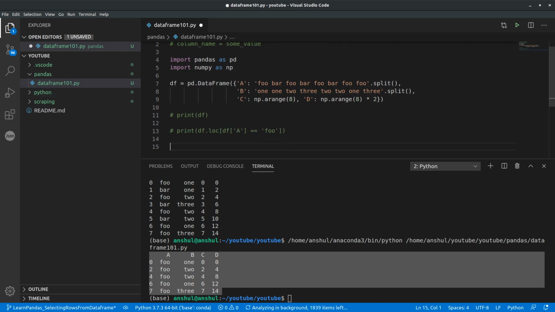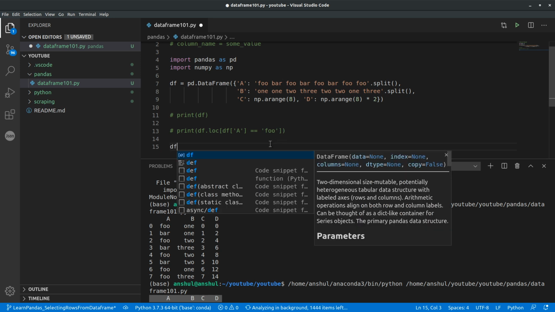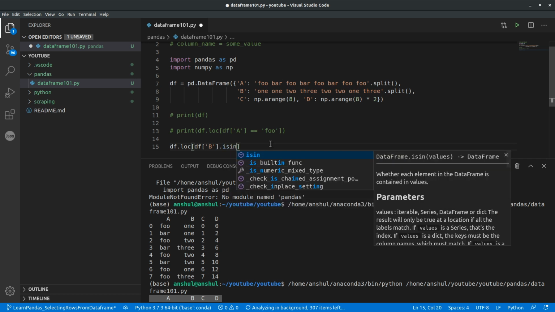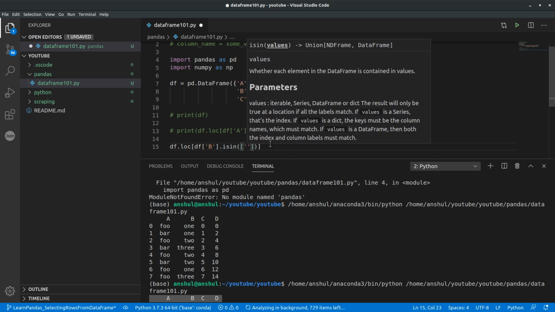Now let's say you don't want to filter based on just one value, but on two values. For example, in column B you want all rows where B has a value 1 and 3. How to do that? For that we say df dot loc, df and then B dot isin. isin is the function to use, and then we can pass a list of all the values that we are looking for.